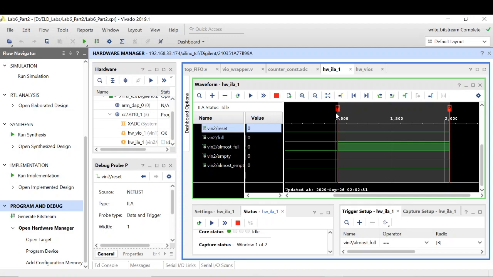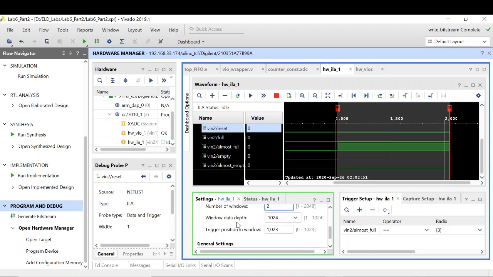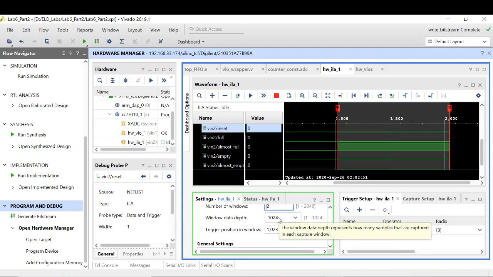Now by creating two windows, after the trigger I can get 1000 more samples, right? So this second window appeared here, so I have gotten 1000 more samples. That's not exactly 1000. As we have set in the settings, these are exactly the 1024 samples that we are getting.